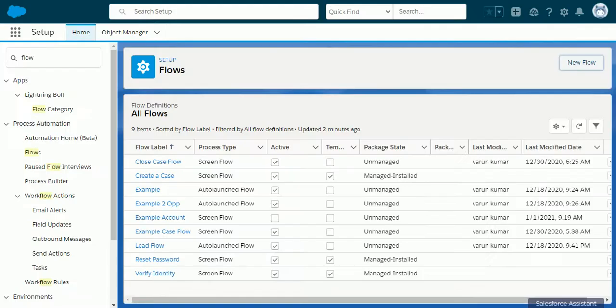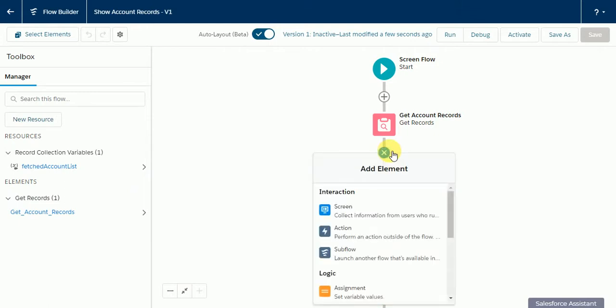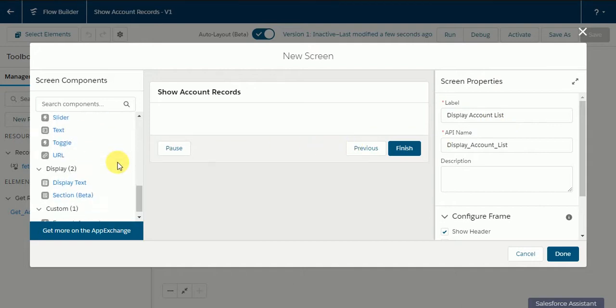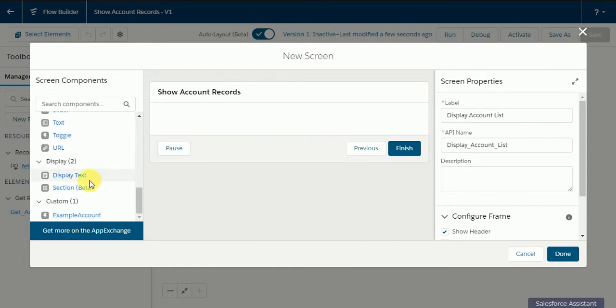I'll add another activity, and I'll include a screen element here. I'll name this screen Display Account List. Here I'm going to drag this in.